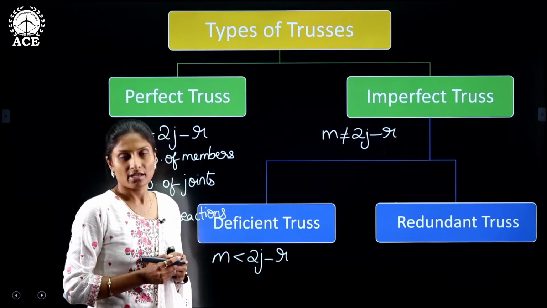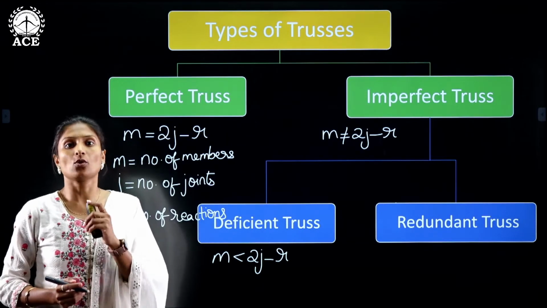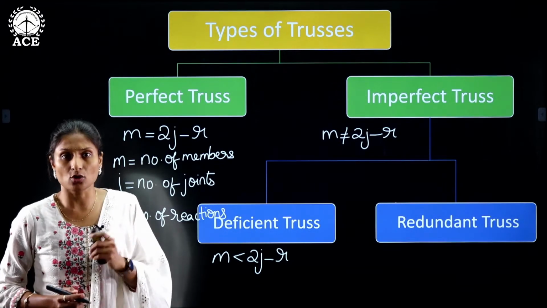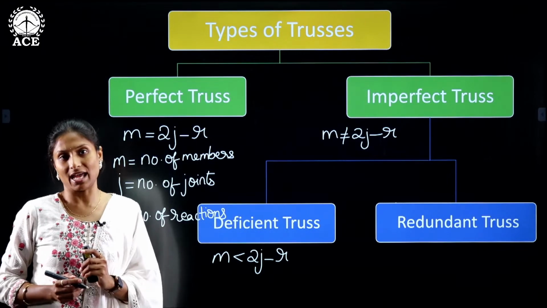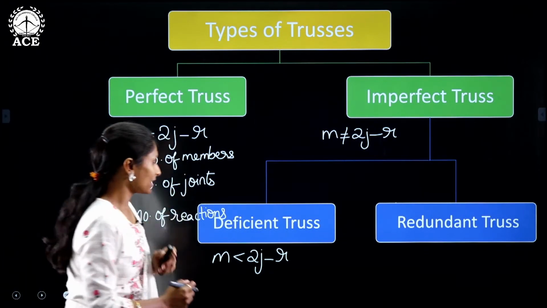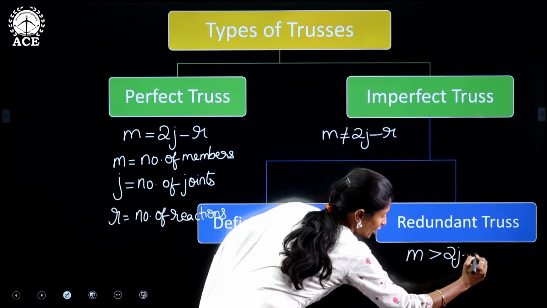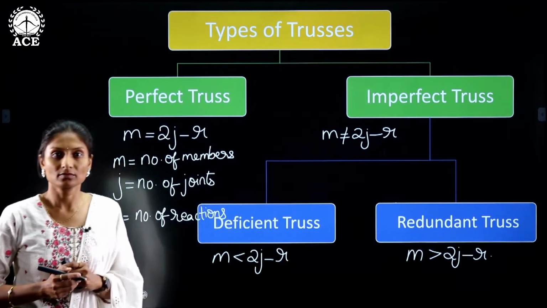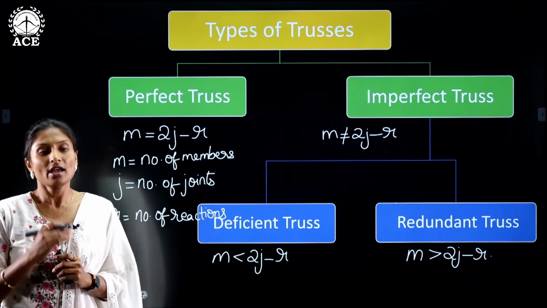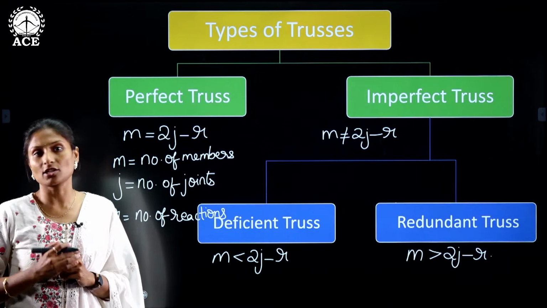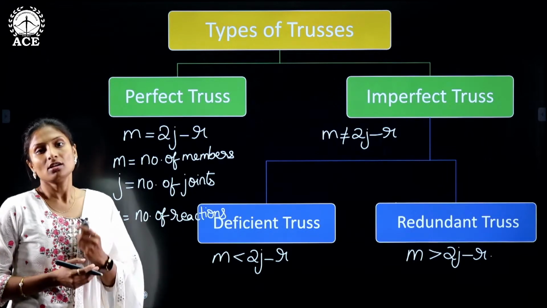So what is a redundant truss? A truss in which members are more than the required members, that truss is called as a redundant truss. A truss in which there are more members than required. So mathematically we can write it as number of members greater than 2j minus r. So just by knowing what is a perfect truss and an imperfect truss, you can attempt your very short answer question in many universities. Now coming to the next topic,